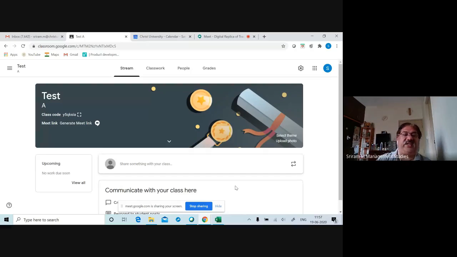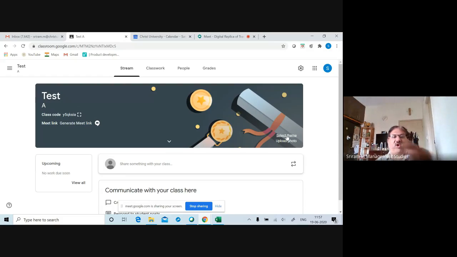You can see on top, you have a class code. This is a default generated class code by the Google platform, so you cannot change that particular code. Whatever the default code is, you need to give it to your students. What you can change is here. For example, there are certain themes.